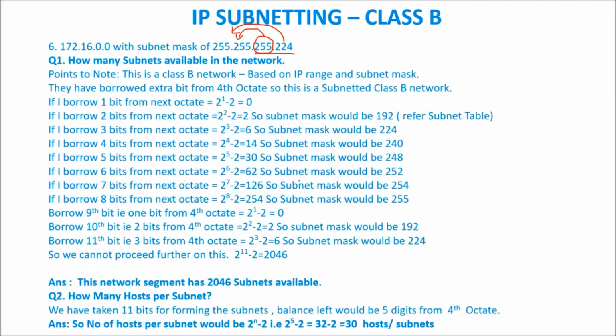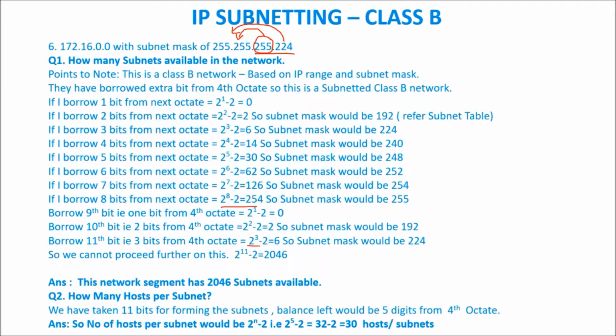I'm just doing the calculation here. The 8 bits are completed, so that is over. I'm going to the next portion: 2 power 1, 2 power 2, and 224 is 2 power 3. So 6 subnets. Now here 3 bits I'm borrowing, and here already 8 bits are there. So 8 plus 3, 11. So in total I have to borrow 11 bits for getting this particular subnet mask. You are clear, right? Since the third portion is completely exhausted, for the next portion I'm doing the same calculation.